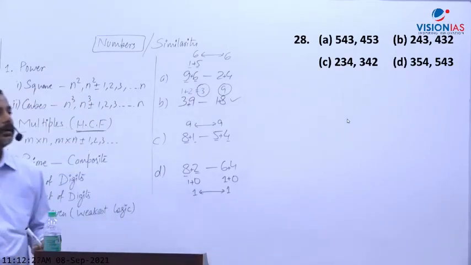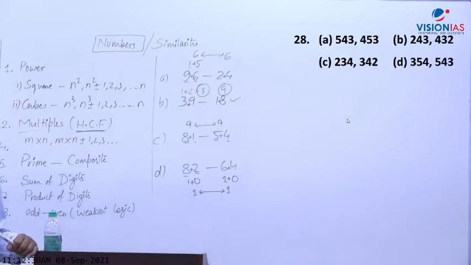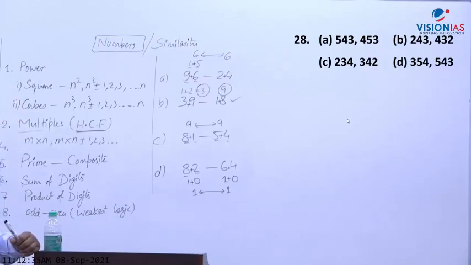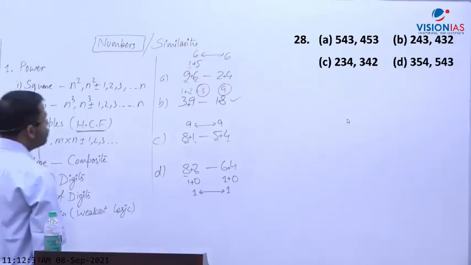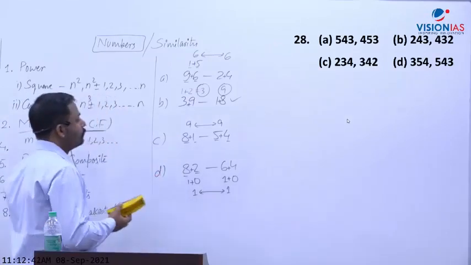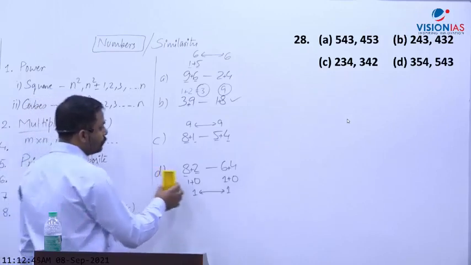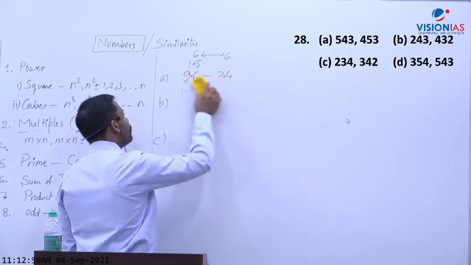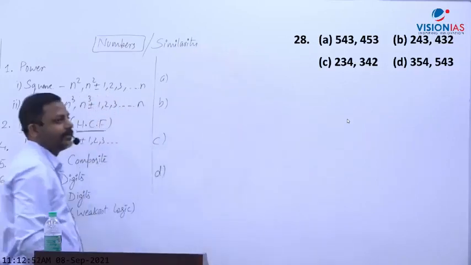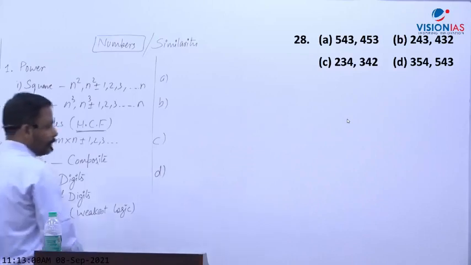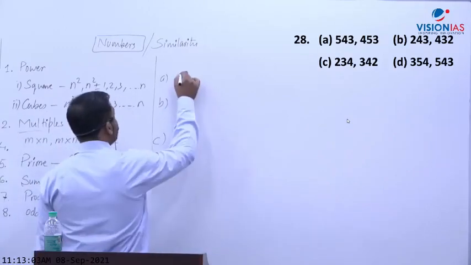Can't the logic of multiples be applied, as both are multiples of a common number but B is not the case? See, when you are considering 2 or 4 as a common multiple, we cannot consider it, Dipanshu. It has to be some greater value. Now question number 28. 543,